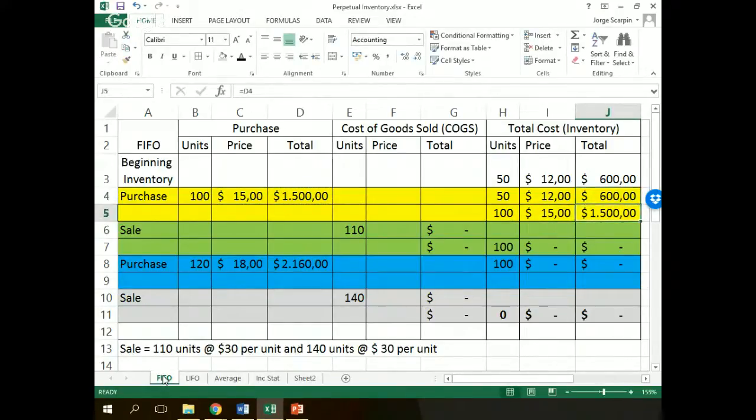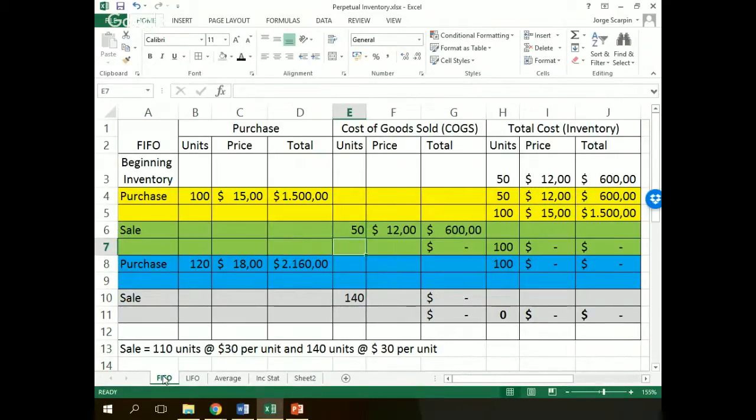And we separate both because it will be easier to work with them on our cost of goods, because on our first sale, 110, FIFO, first in, first out. So the first out will be the beginning inventory. But we do not have 110 here. So we have 50,